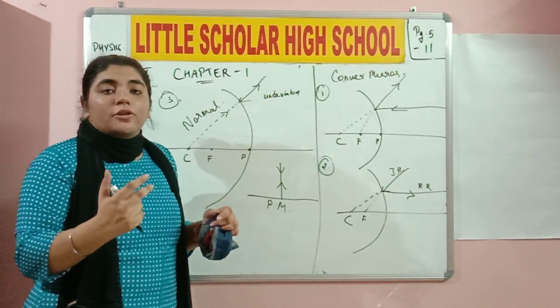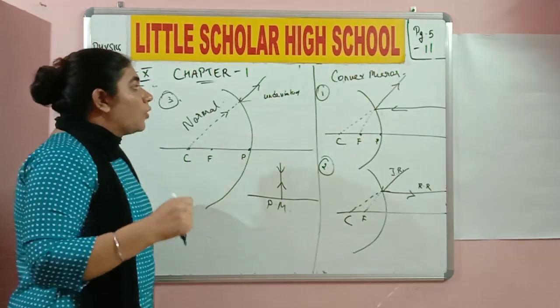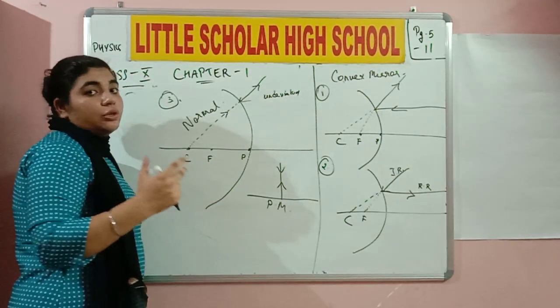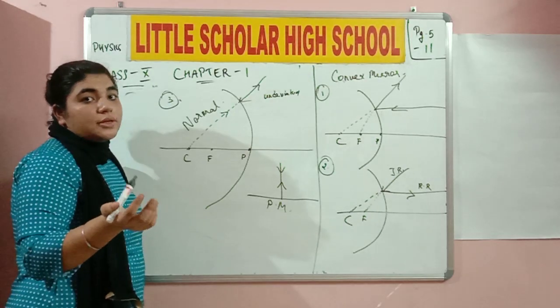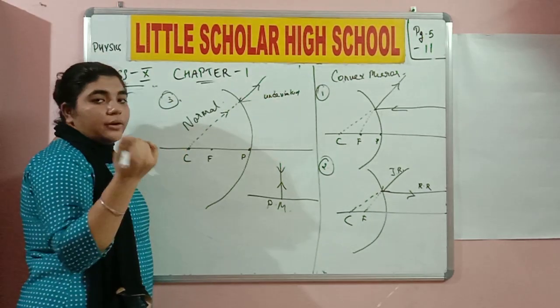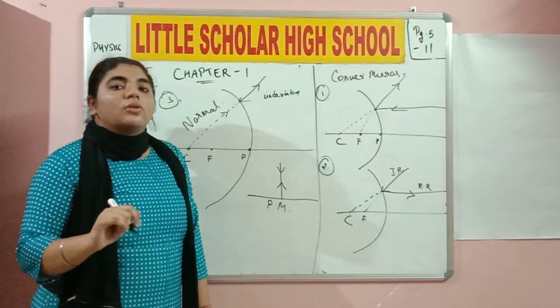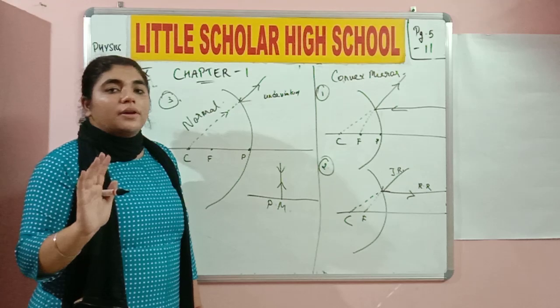Which rules to prefer mostly? Use rule number 1 and rule number 2. You can also use rule number 3, but you need to be careful while drawing the diagram. Of course, it is very good and easy to draw it with pen and paper. When you draw it on the board, of course you know what happens. So I hope you are pretty much clear with whatever happened over here.